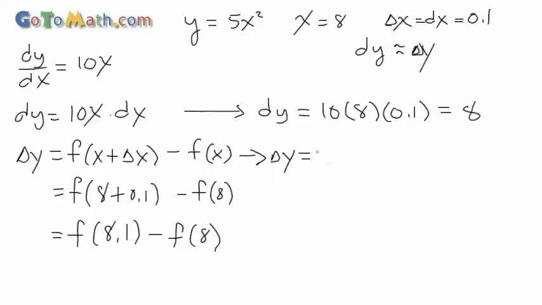We end up with 5 times 8.1 squared minus 5 times 8 squared. Pretty simple. So 5 times 8.1 quantity squared minus 5 times 8 squared, and we get